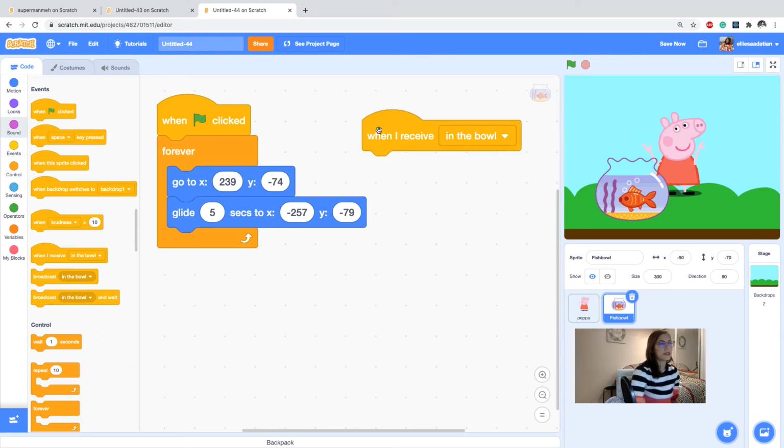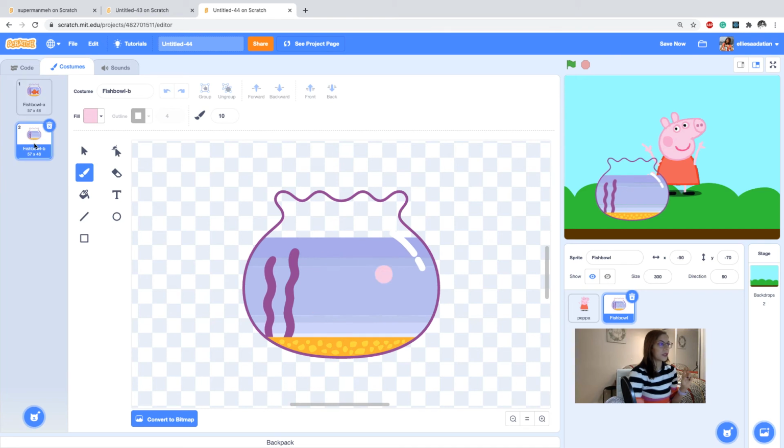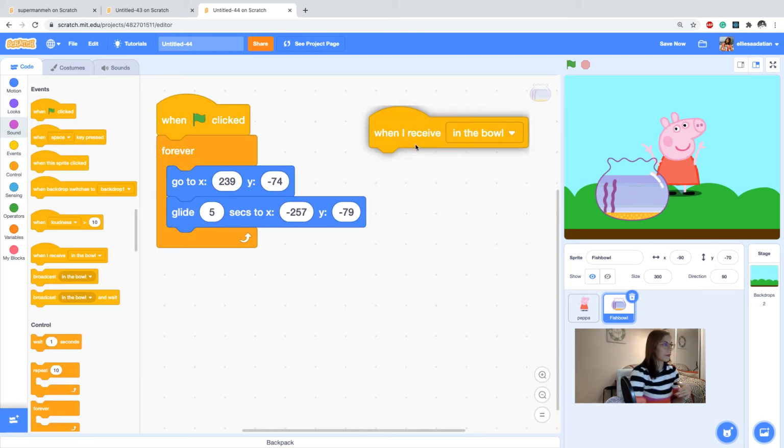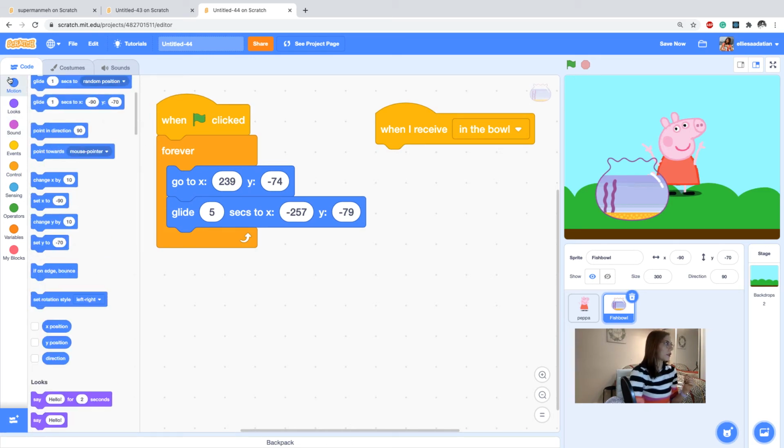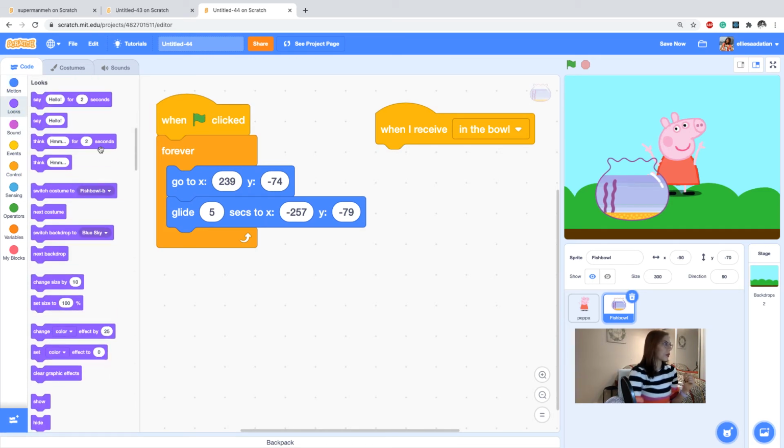If I receive it, I want the custom of this fish bowl to be changed to this one so that it looks like the Peppa is covering the fish or is replacing the fish. So first thing on the looks, switch custom to the fishbowl B, and then